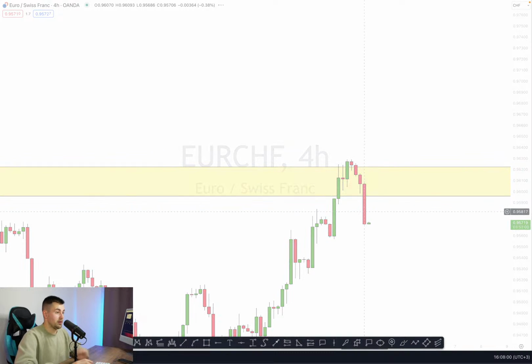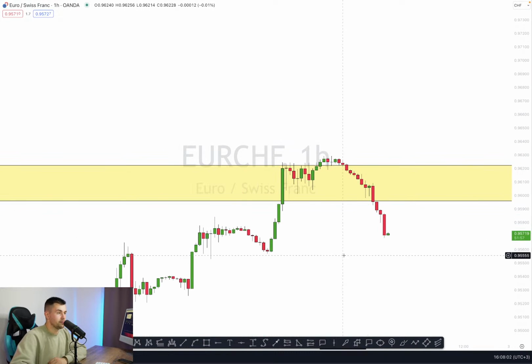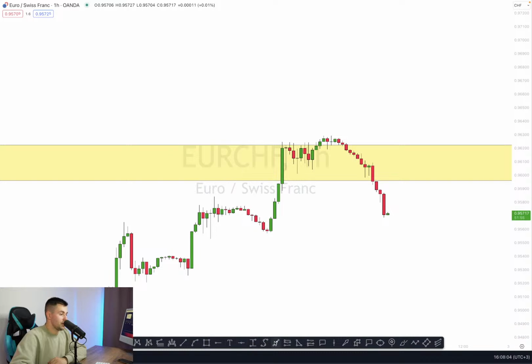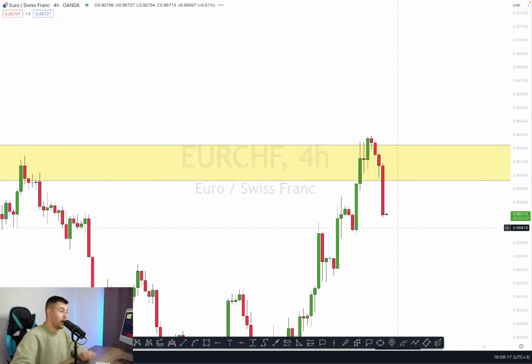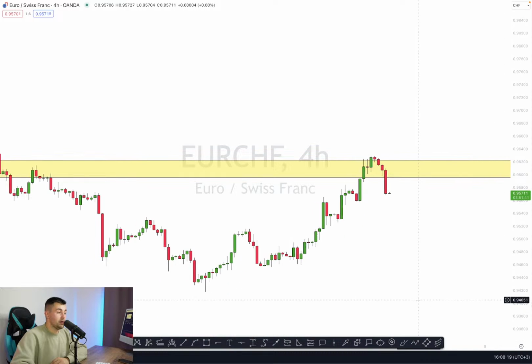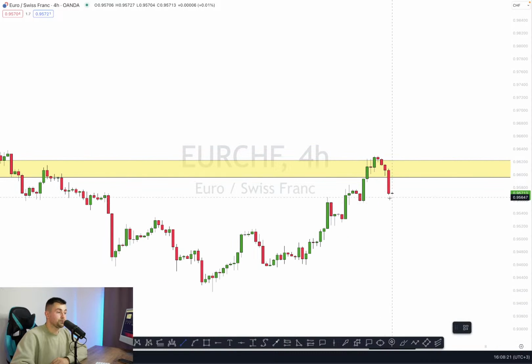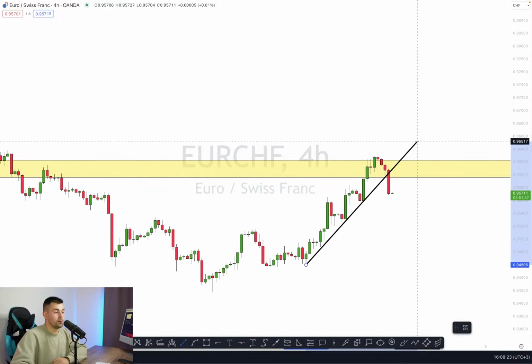Yeah, you can see that. On an hourly time frame, you can see that the market was consolidating. We got a false breakout. Yes, you can see that we started to trade within that range. Then false violation, we got stop hunting right here, and then the market started to fall. So I think that most likely EURUSD will drop much lower.